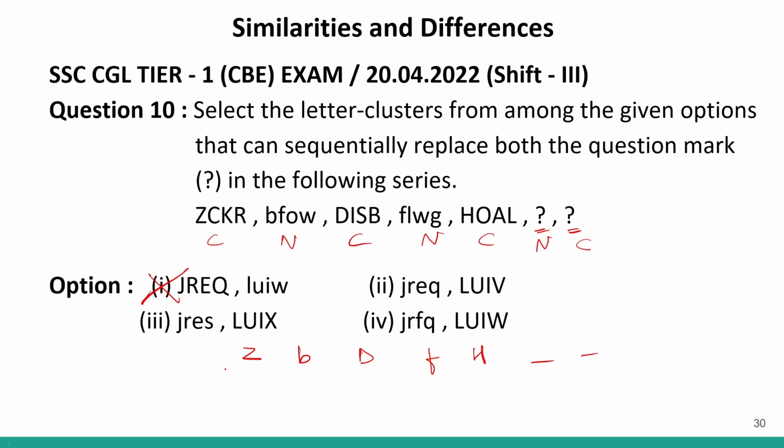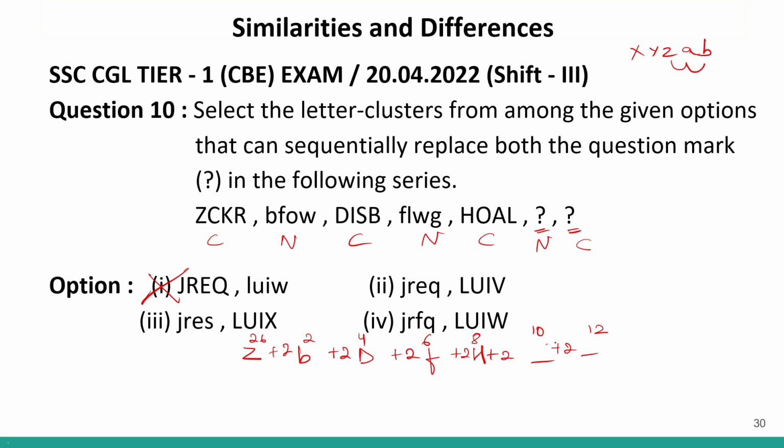Now, first, when I look at this, this is Z, then this is B. So Z is 26, B is 2. From 2, we are going to 4. Sorry, this is plus 2. We are going 2 positions forward, from X, Y, Z to A and B. So 2 positions forward. This is also 2 positions forward. Then this is 6, so 2 positions forward. Then this is 8, so 2 positions forward. So 2 positions forward will give me 10, and then again it will give me the 12th position.